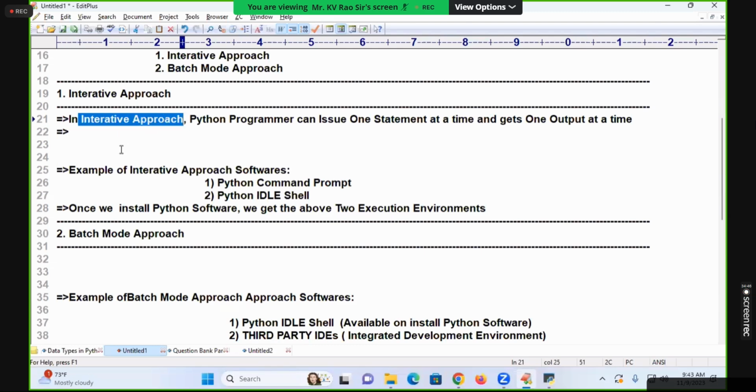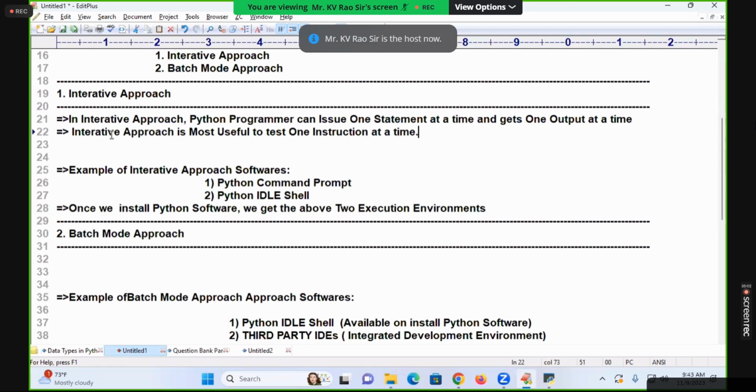Now I am writing: interactive approach is most useful in which case? To test one instruction at a time. But it is not recommended to write